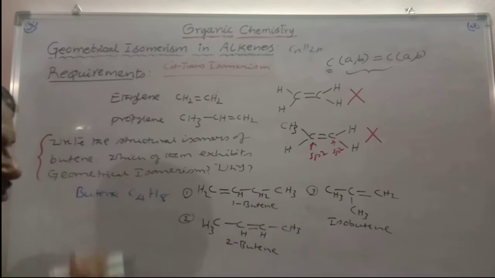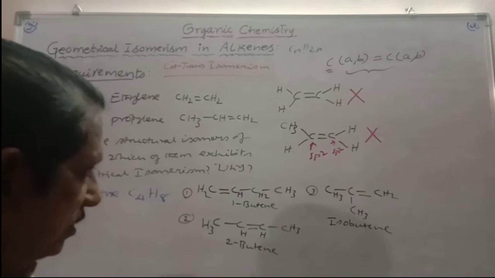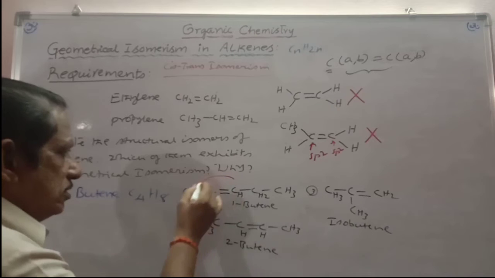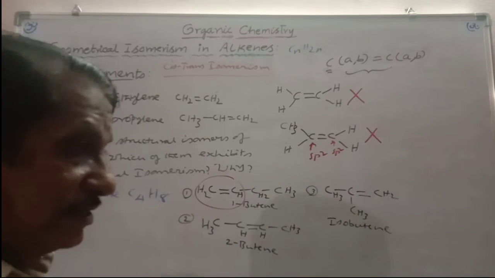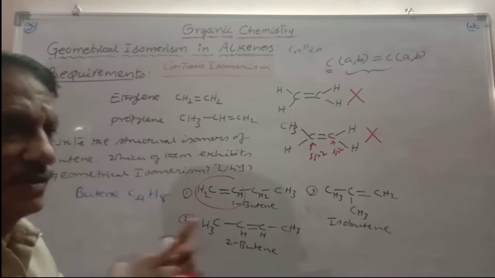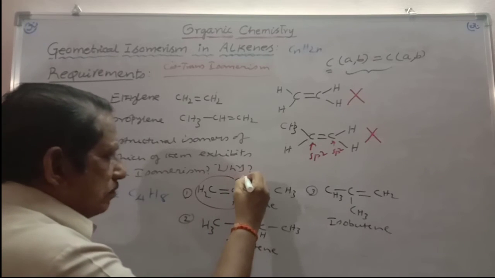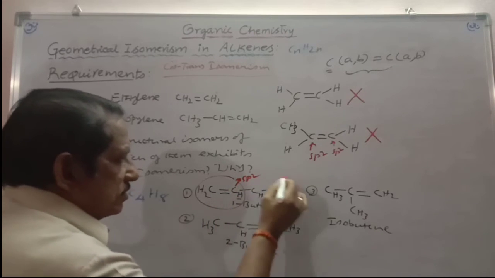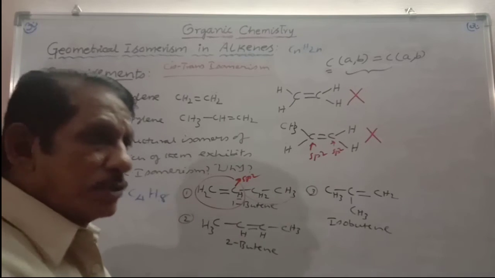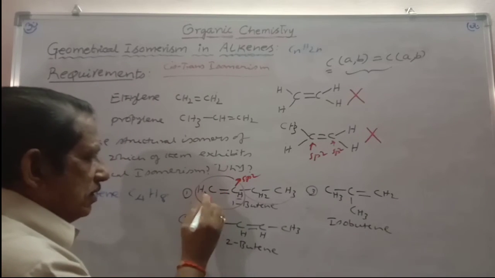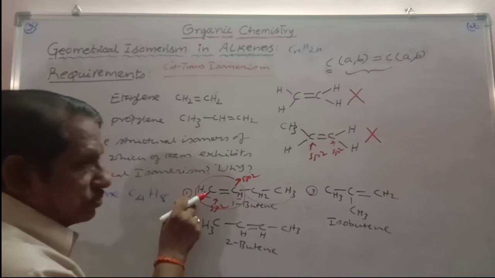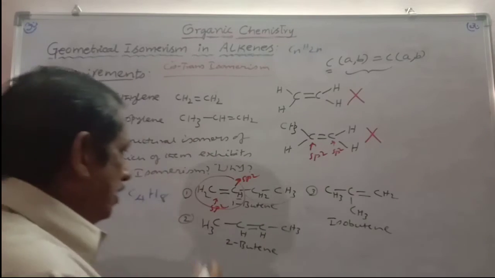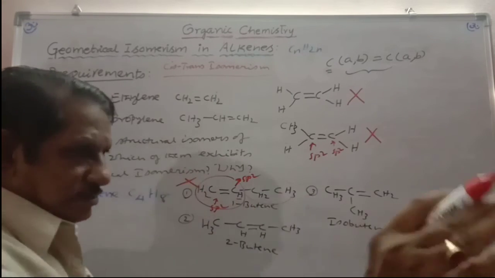Which of them exhibits geometrical isomerism? Why? And here, if you take 1-butene, first condition, it should contain C double bond C, right? This is the C double bond C. First condition is fulfilled. Second condition, both these sp2 carbons should be carrying two different groups. And if you take this sp2 carbon, it is carrying one hydrogen, other one is ethyl group. Two different groups are there. And if you take this sp2 carbon, it is carrying the same two groups, namely two hydrogens. And so, 1-butene is not fulfilling the second condition, and that is why 1-butene cannot exhibit geometrical isomerism, right?